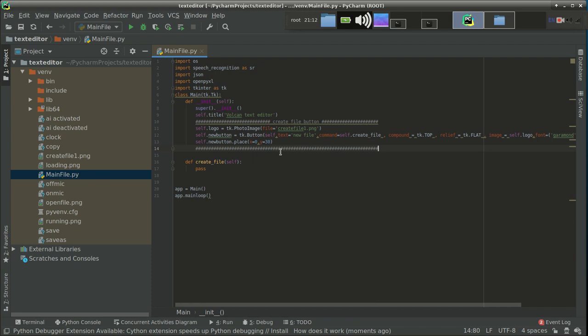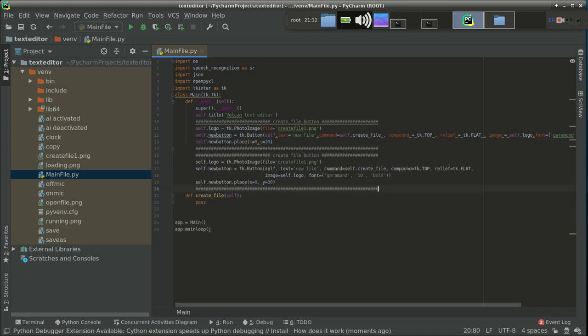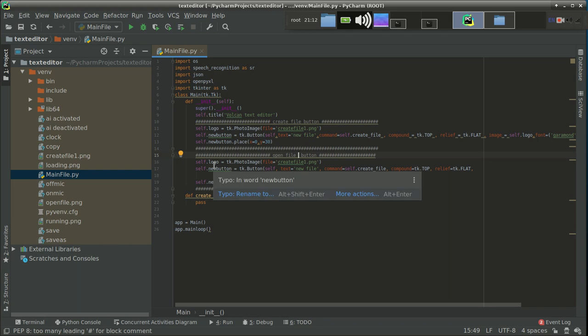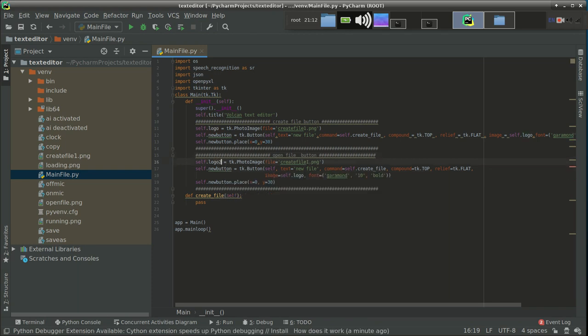So we have made a create file button. Now it's time to make the open file button. What you have to do is select just these few lines, not the whole program, and paste them over here. Now change the name, because the name will be open file button. Here we are going to use self.logo2, because that's the logo. Now specify the name as logo2, and similarly we have to put logo2 over here. Text will be open file.